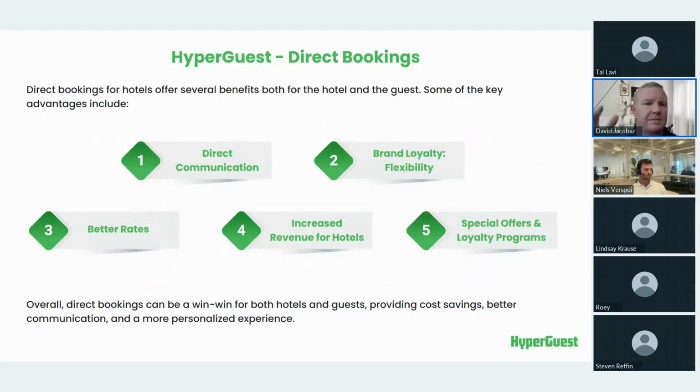We have people checking in and saying, yeah, but I did ask for B&B and now you're telling me it's room only, or I did ask for a transfer from the airport and there was nobody there waiting for me. These are the type of things that you want to eliminate. By having direct bookings coming through to your property, the communication is then much clearer, and you potentially will not have those communication problems anymore. Therefore, direct bookings is a great way to eliminate all those communication problems that you used to have.